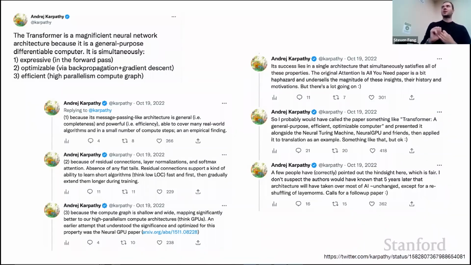This is not always appreciated, but the transformer, if you look at the computational graph, is a shallow, wide network, which is perfect to take advantage of the parallelism of GPUs. So I think the transformer was designed very deliberately to run efficiently on GPUs. There's previous work like neural GPU that I really enjoy as well, which is really just how do we design neural nets that are efficient on GPUs, and thinking backwards from the constraints of the hardware, which I think is a very interesting way to think about it.